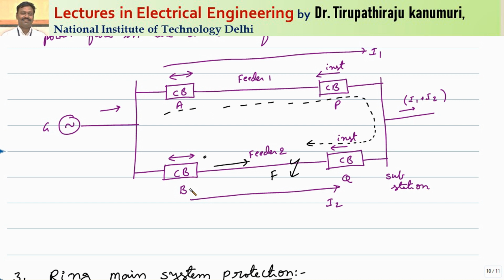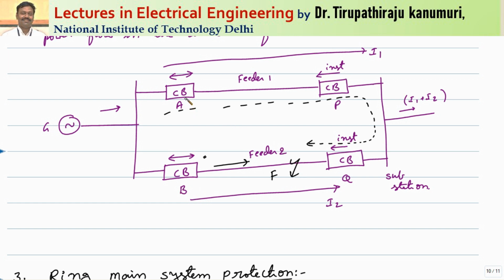That means the fault current supplied by feeder A will be very less compared to that of feeder B. That means feeder B will operate earlier when compared to feeder A. Only if feeder B fails to operate, and feeder A is continuously supplying for more time, then only it will operate. Otherwise, only feeder B will operate. I am repeating once again, if the fault happens at this point, the distance from B is less than the distance with respect to A. So that's why only the circuit breaker at B will operate. Getting this one?